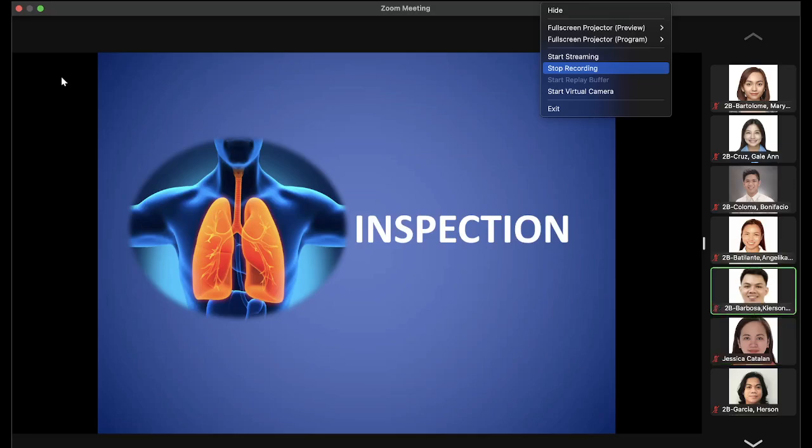None so far po. Okay, so I noticed 30 lang kayo, no? So I'm wondering bakit